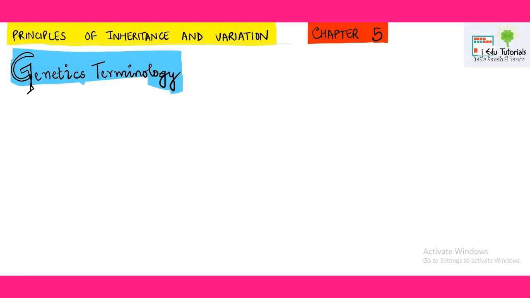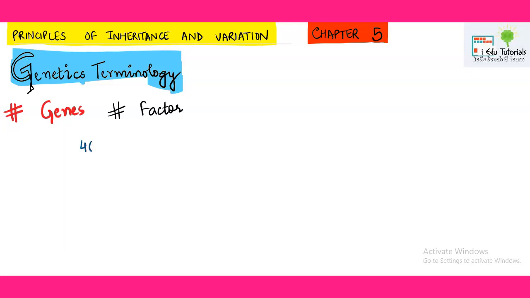Let's get started. The first term which we are using is of course genes. Now, till the time Mendel was alive, he never used this word gene, but the later scientists who experimented upon his work used this word. So, till the time Mendel was alive, he used the word factor in place of gene. This is important. Now, let's get started with what genes actually are.